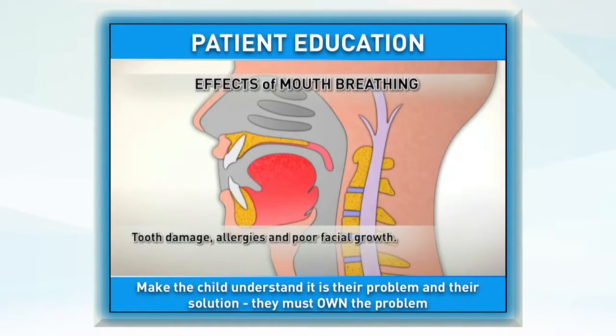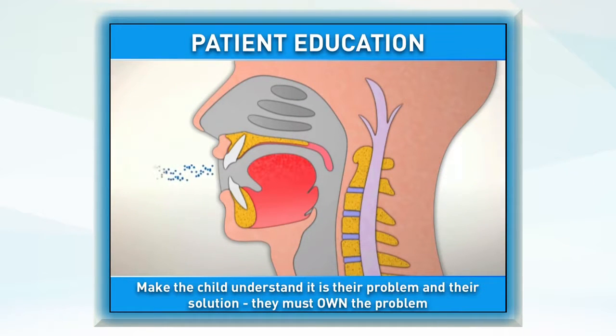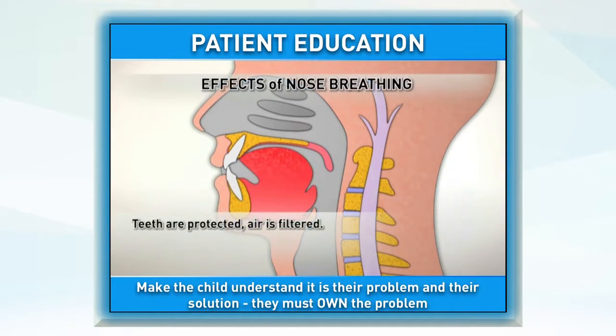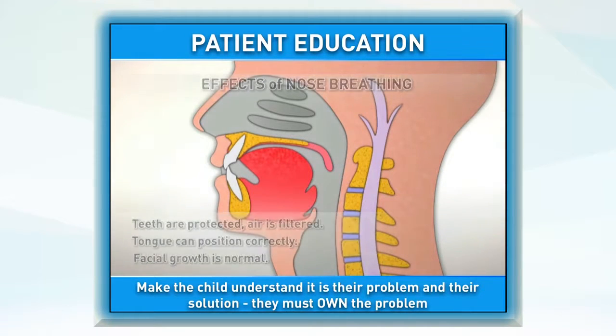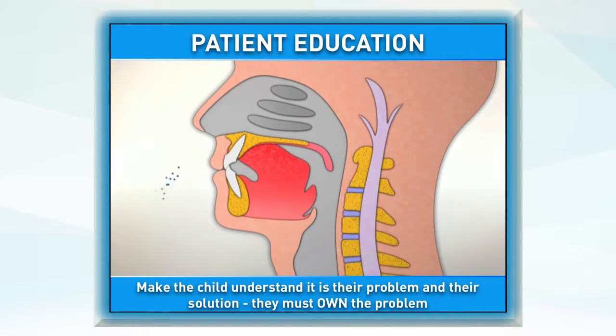Educating the children, even a 5-year-old can understand that if they're breathing through the mouth, all the bacteria are going straight into their throats. When you breathe through the nose, it filters the air, and then you'll get less infection. And the other thing that you'll get is straight teeth and good facial development. So it's important to explain these things directly to the children